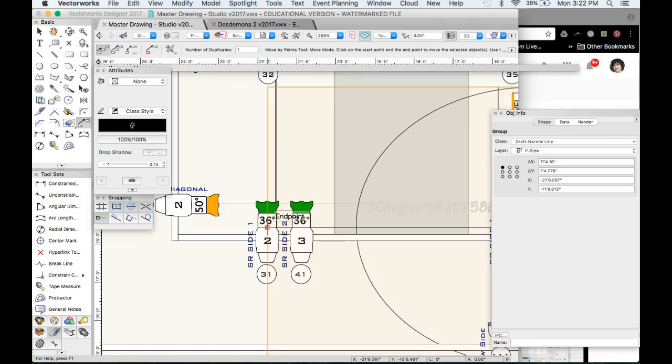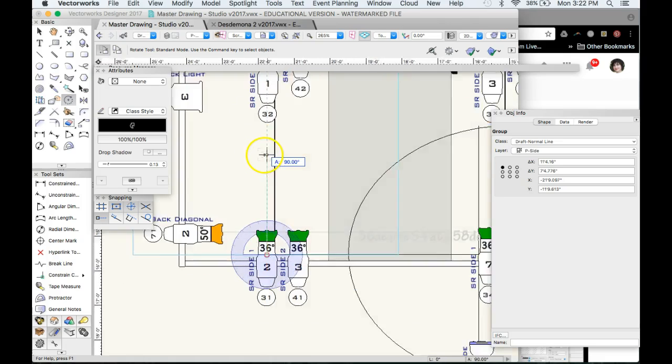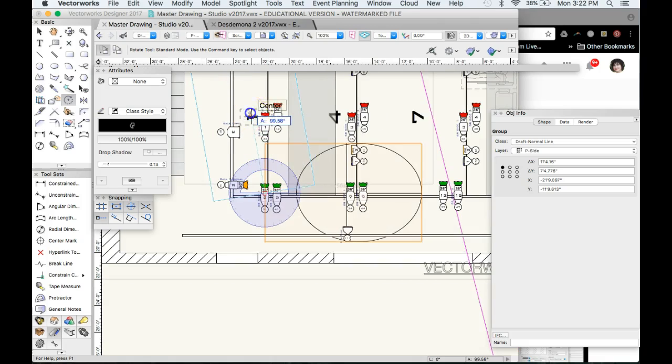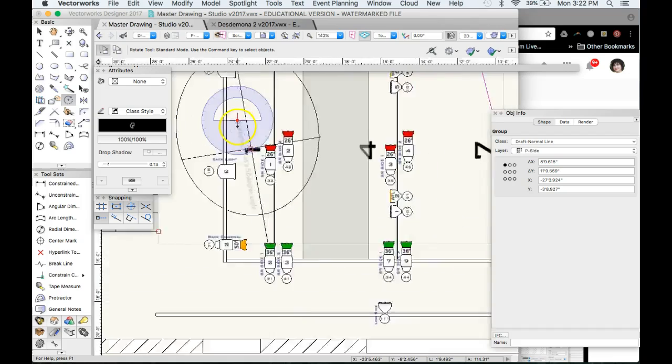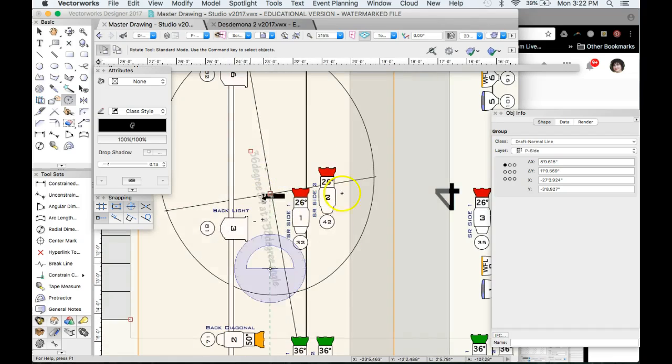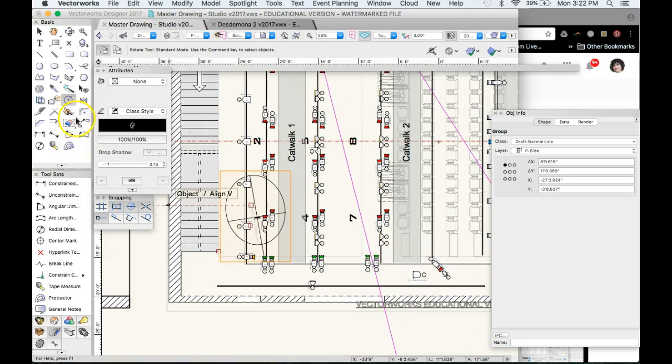All right, and so then the next thing that I want to do is rotate this. I want to make sure that duplication is not on when I'm rotating it. And I'm going to aim it right at that acting area, right? So this is where it should look like. It's got the crosshairs right on the acting area. Now that it's at the right angle-ish, I'm going to go ahead and